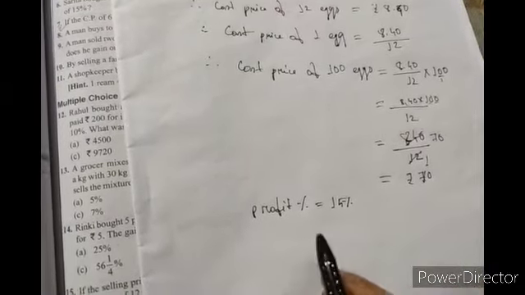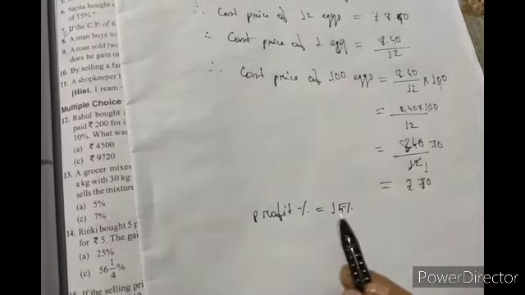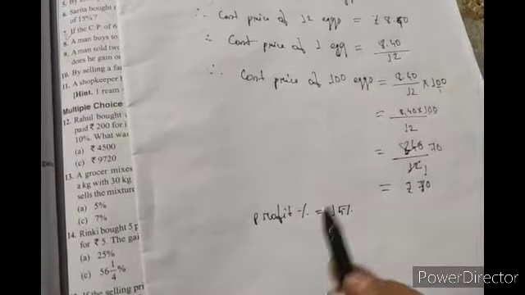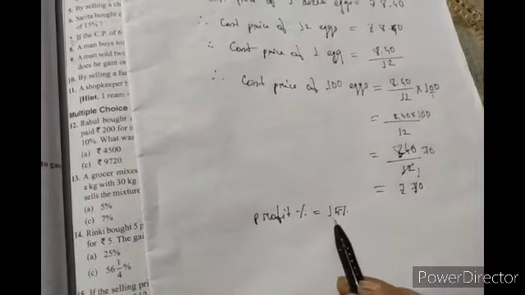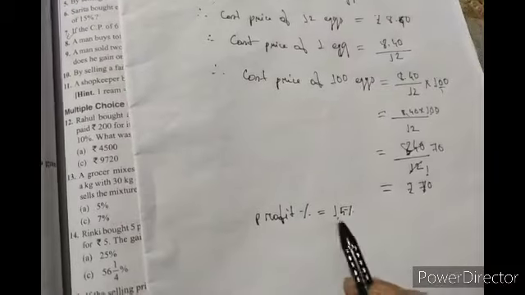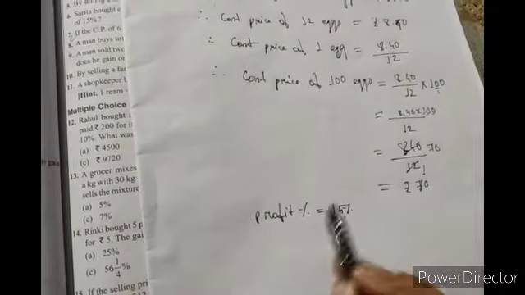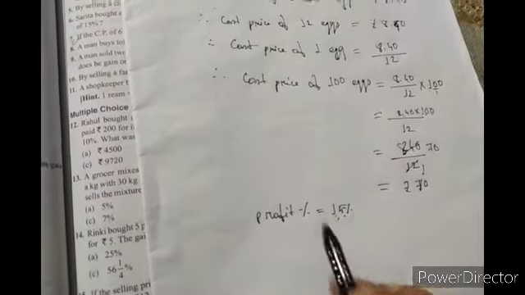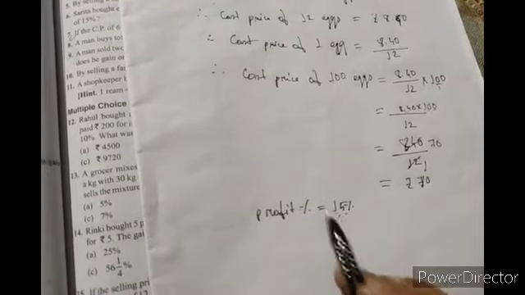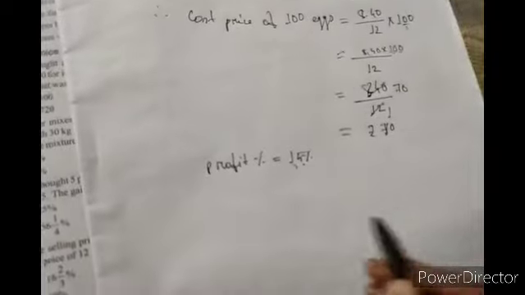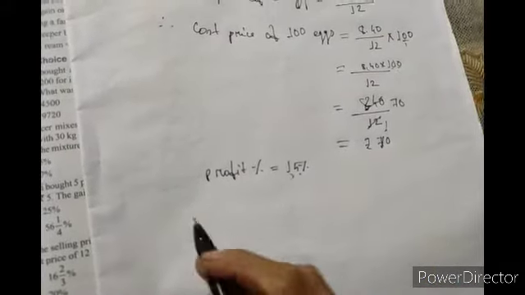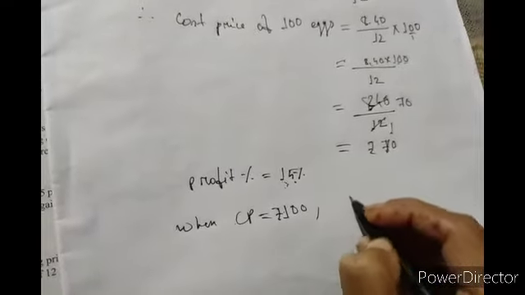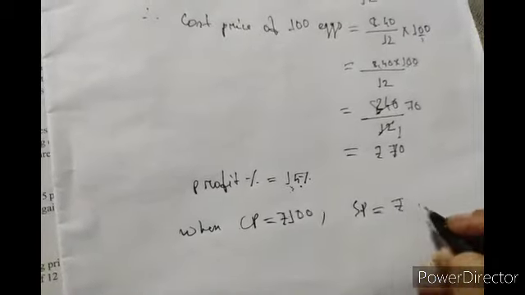15 by 100. That means always remember, when profit percent or gain percent is given to us in terms of percent, we will always compare this with cost price of 100. 15% means what? Out of 100, 15. So whenever it is given to us in terms of percent, we will always compare with cost price equal to 100. That means how can we write this 15%? When cost price is equal to rupees 100, selling price will be rupees